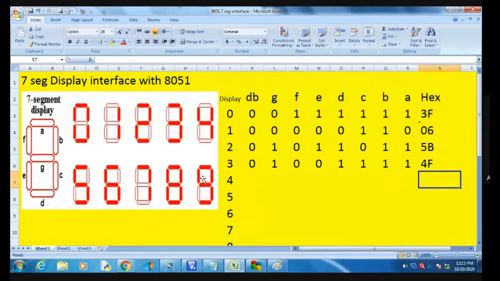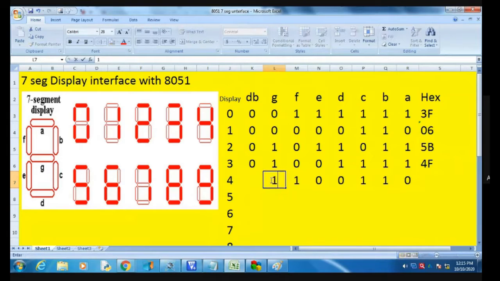Okay. Next is 4. For 4, we have to define B, C, G and F as 1. A is 0, B is 1, C is 1, D is 0, E is 0, then F equal to 1 and G equal to 1.